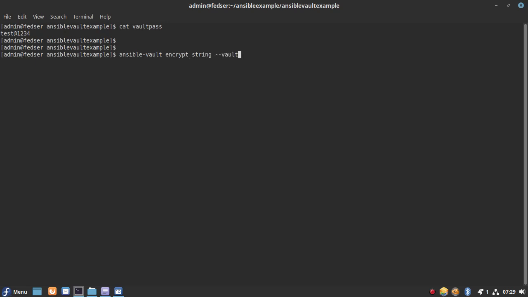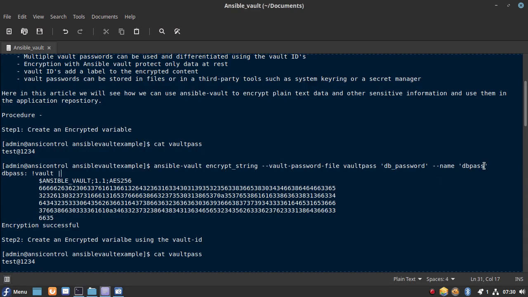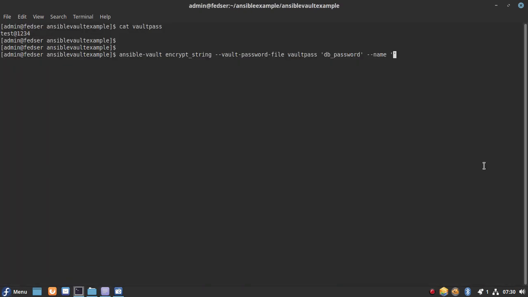Then we need to pass the vault password file, that is vault_pass, and we need to encrypt the string which we can provide in double quotes, db_password, and give that string a variable name, that I'm going to give as dbpass. Okay, so let's see what happens when we run this command.